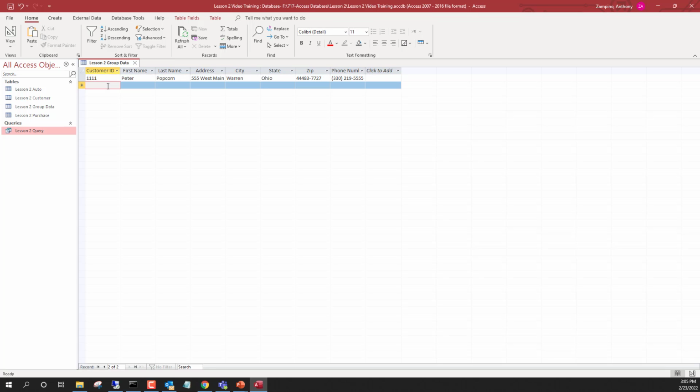1121, and that'll be Mickey Moose. So Mickey Moose, and here again that's 556 East Main, also Warren, also Ohio, and it's 44483, and it'll be 5565, and he's 330 555 55555. Okay, so now we'll add one more record here,